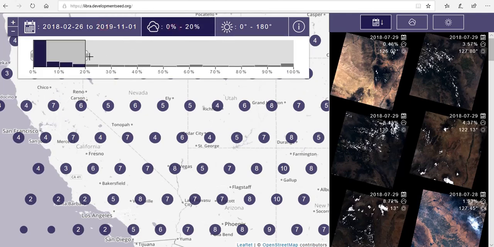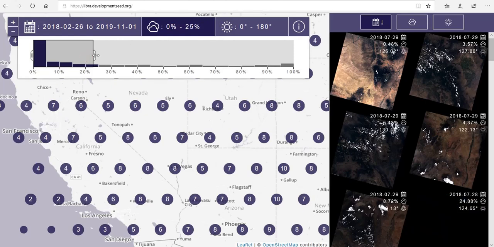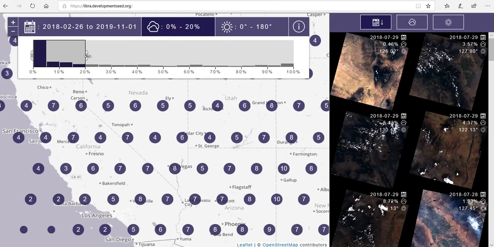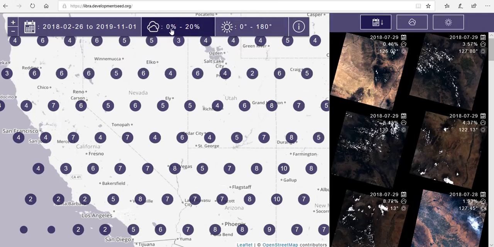By default it is 20%, but you can increase it or decrease it. Increasing it will mean that you are okay with images which have more than 20% cloud cover, and so more images will show up. Likewise for solar angle. For the time being, we are not going to touch this, and we are just interested in the date. The moment you do this, you see